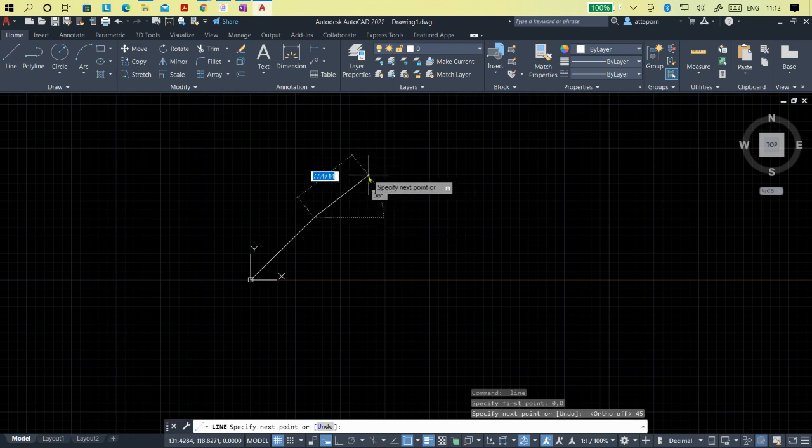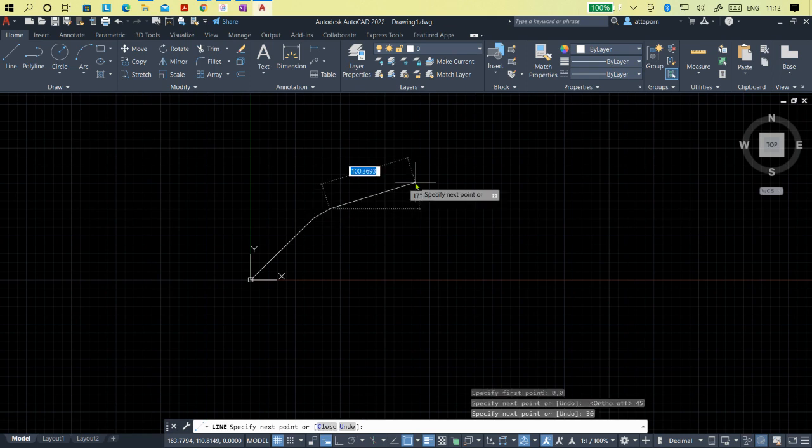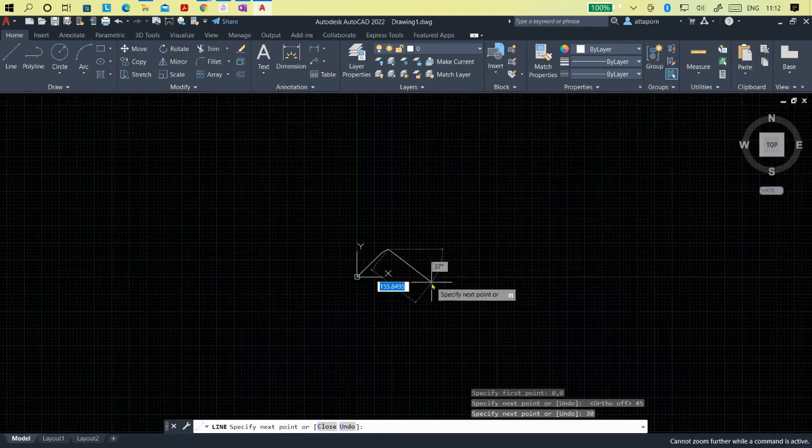They're going to ask you to draw the next line. May I put the line at 20 and then 30 degrees like this. Somebody cannot see,